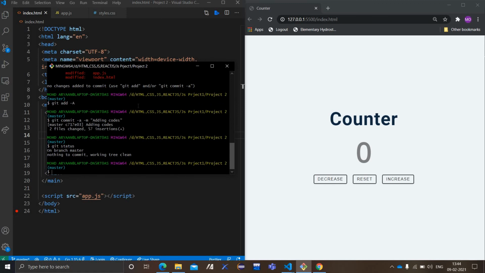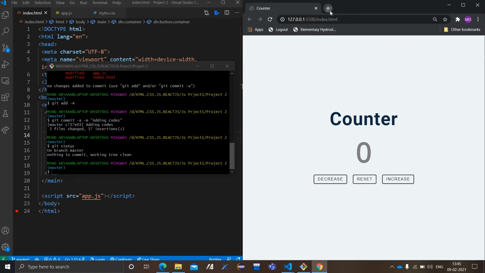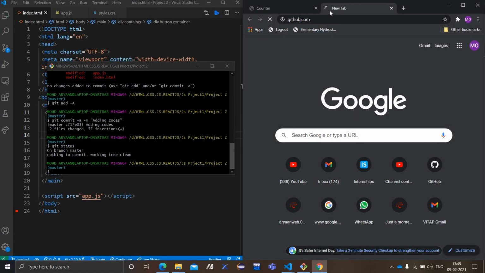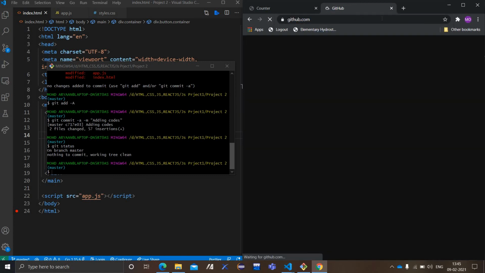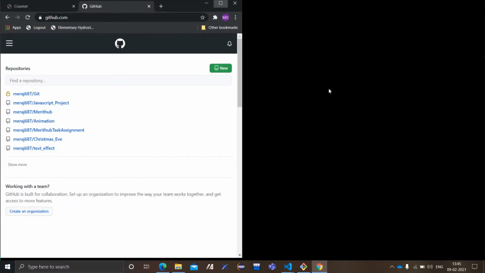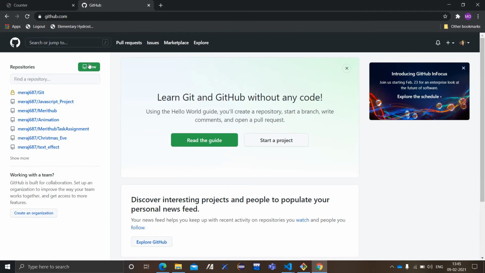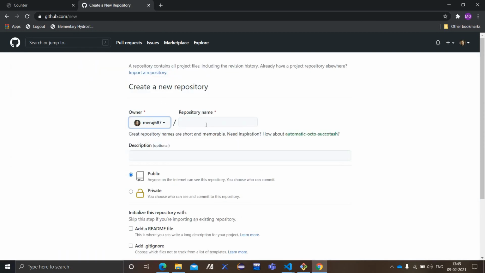So let's do one thing. I will be opening GitHub. Let's check my GitHub. I will create one new repository so that I can show you how we can add any project.